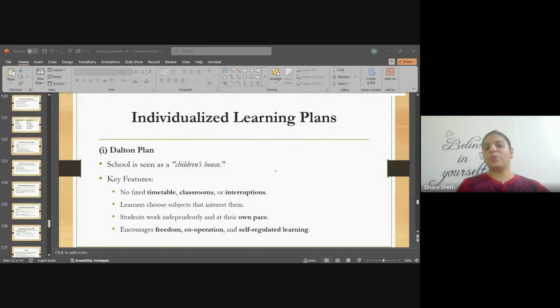Dalton plan is where school is children's house, no fixed timetable, classroom or interruption. Okay, so when we have those concept schools,